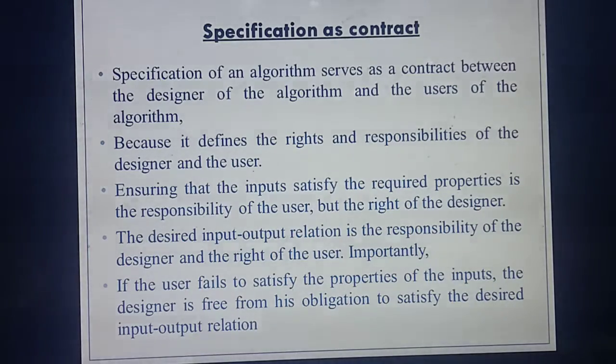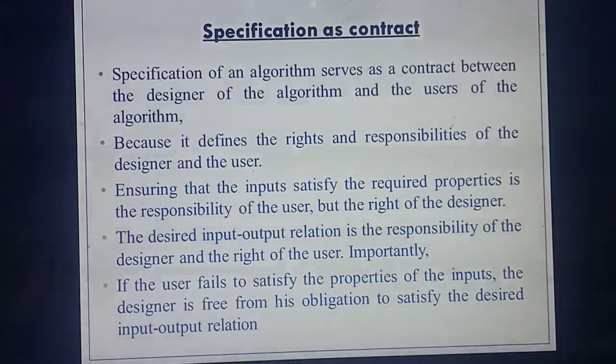First, he is choosing, I am telling only one example, one best contractor or best builder, or you can take best engineer. So he is telling all the plans to the engineer: my house like this, and I need this sit-out like this, or hall like this, or carport like this, likewise. All his requirements, all his needs, he is telling to whom? The designer. The designer means that builder or engineer.